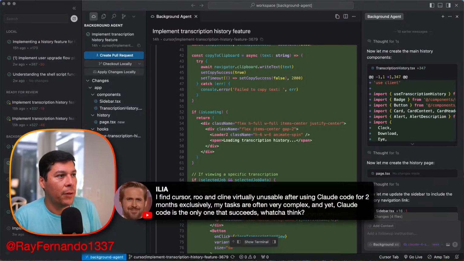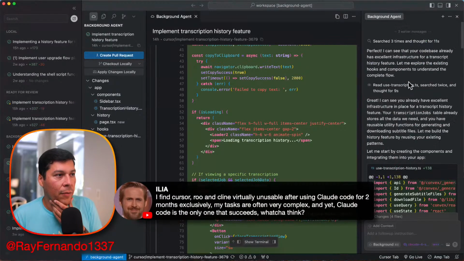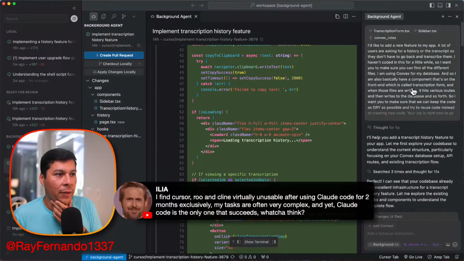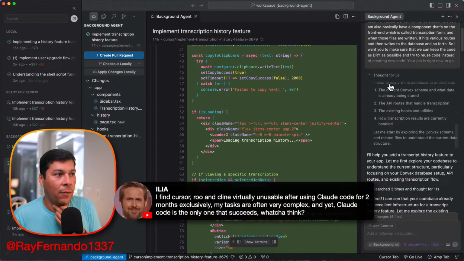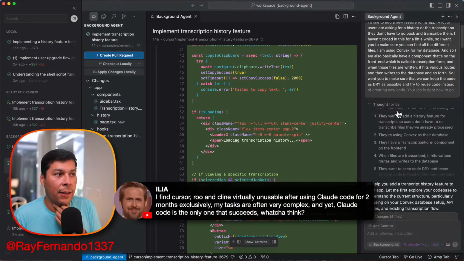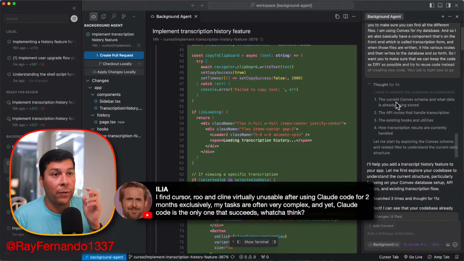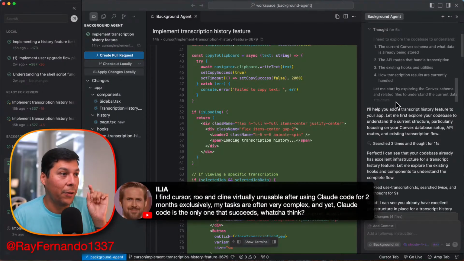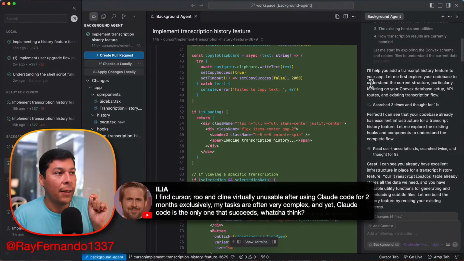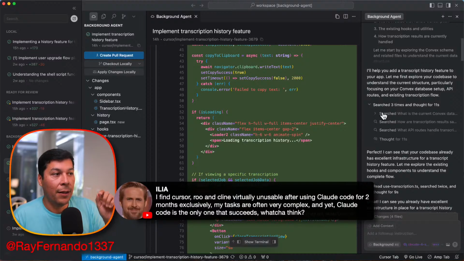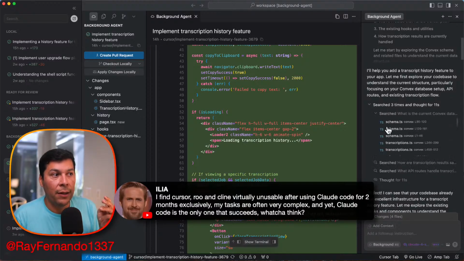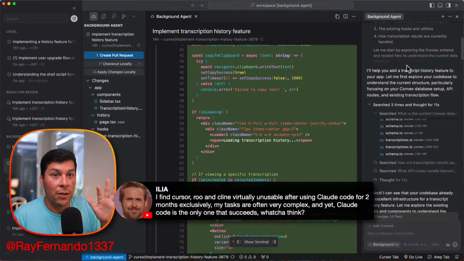Let me go back. This is why I like to do these every so often and show you on the stream, because I gave that same request for the feature request. And when it did its thinking, it's the thinking that I wouldn't really see in Claude Code, though I know Claude Code is doing some type of thinking. Then it goes through its agentic tool calling, and goes to the next step, and it does 3 more searches in parallel without me telling it about sub-agents at all, which is nice, because I used to have to explicitly say sub-agents in Claude Code.